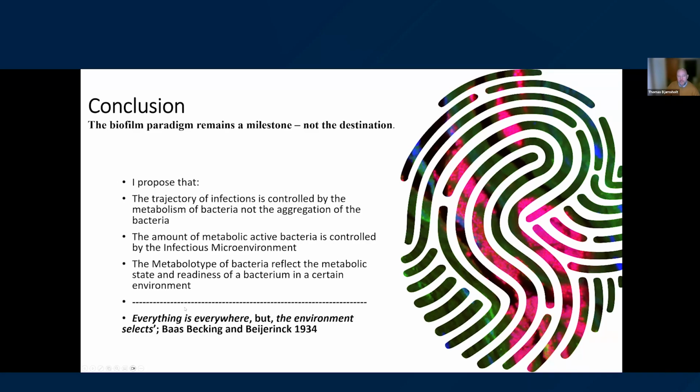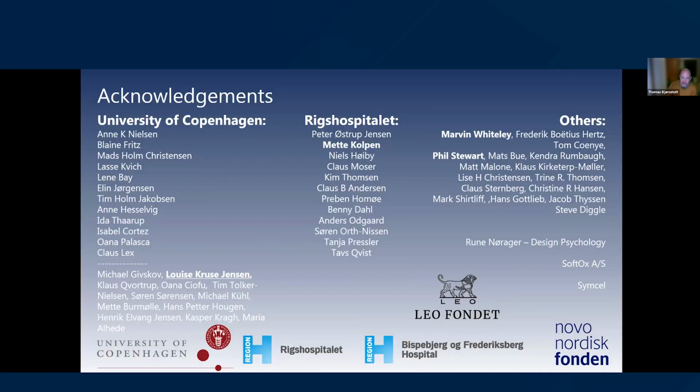And that fits really well with another quote here from 1934, from some environmental microbiologists. They stated that everything is everywhere, but the environment selects. That's also that we find planktonic and biofilms everywhere, but the microenvironment selects the metabolism and the trajectory of the disease. So with that, all my fantastic collaborators, especially also Marvin and Frederik here today, and Phil Stewart, and of